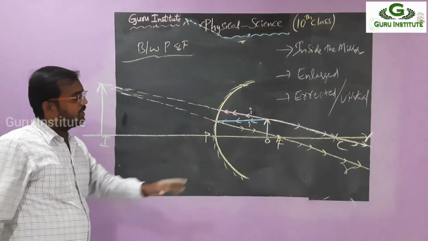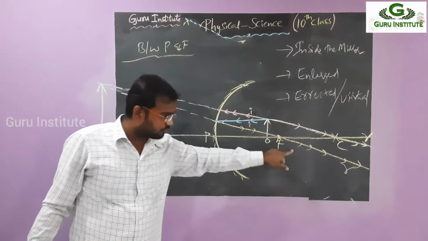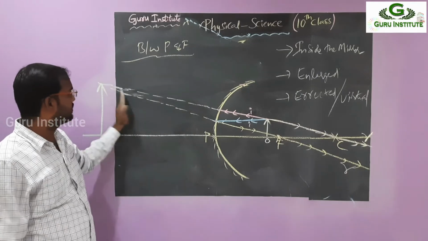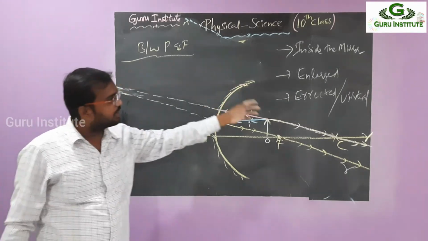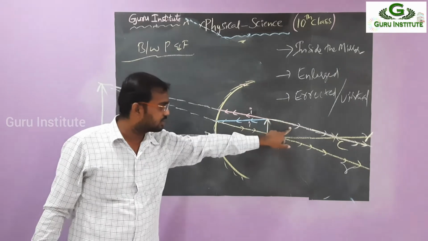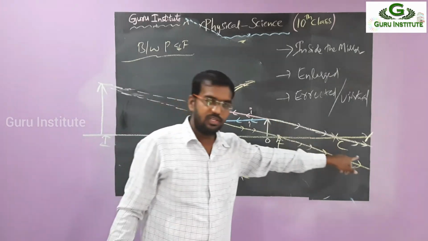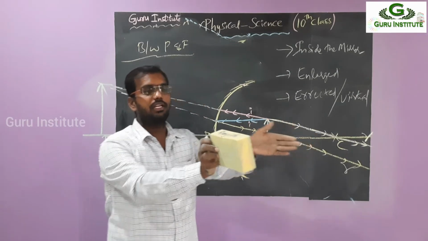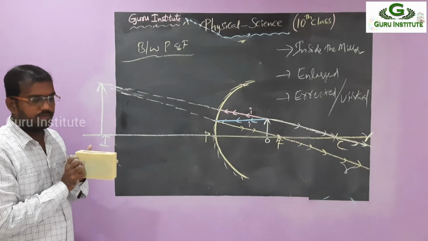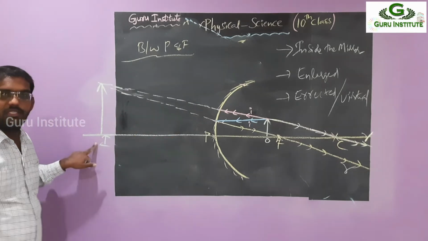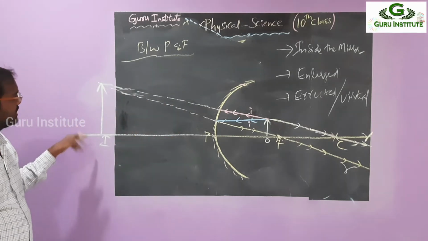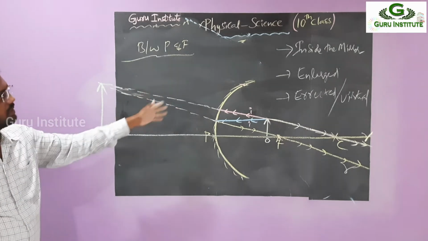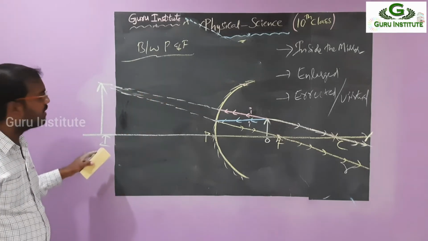See here, this is the last case. So I am taking the object here, with a ray parallel and a ray passing through focus, parallel to the principal axis. They are not meeting, so we are extending here. Previously we saw they were joining here. Instead of that, like at F, I am taking the ray through C. It moves like this. There is no deviation, but these two are not parallel. They have some angle, so they do not meet directly. If you go to the back side, they meet at the back side. So they meet here. Here the image is formed. By seeing the picture only, we can simply say that it is an enlarged image compared to the object, and it is inside the mirror. So it is erect and virtual.